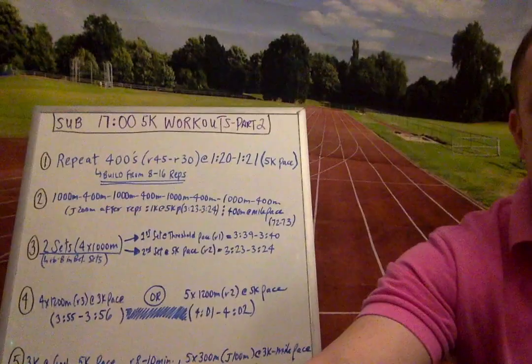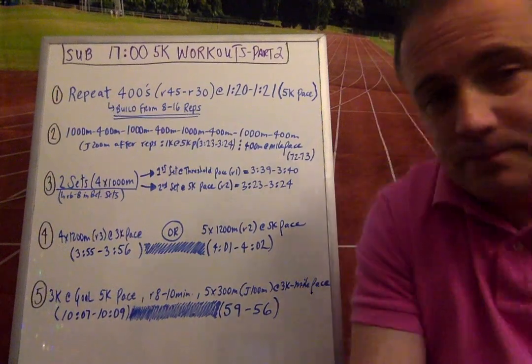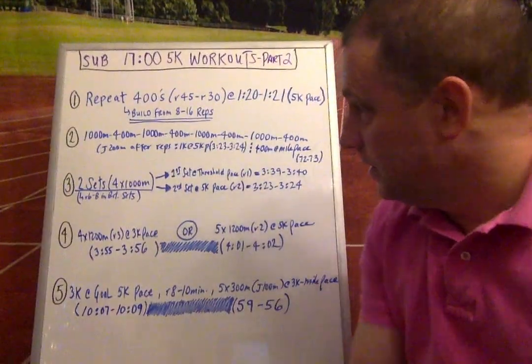But before we go, let's move over here, okay? Let's get you to the board so you can actually see how everything's written out. So workout 1,